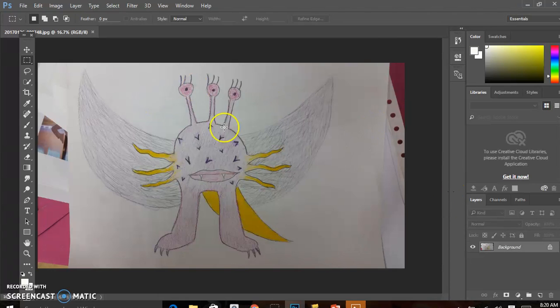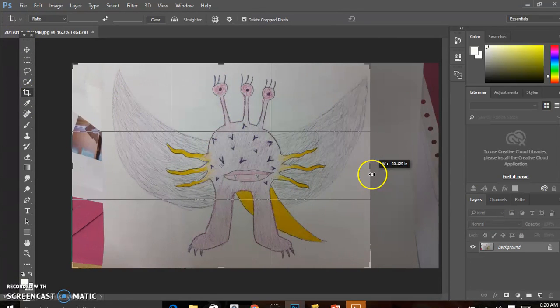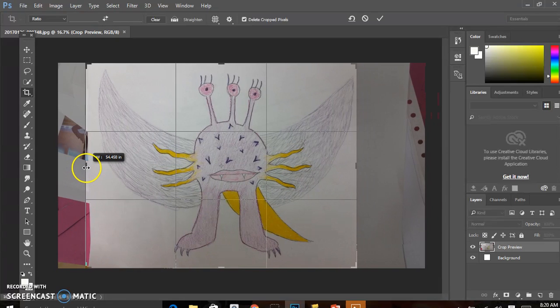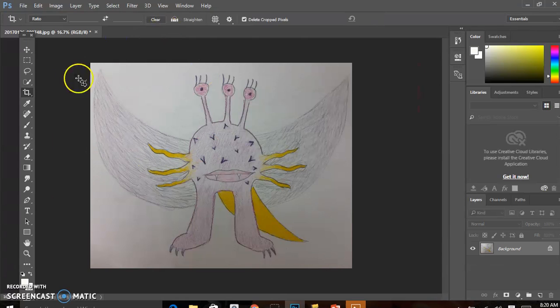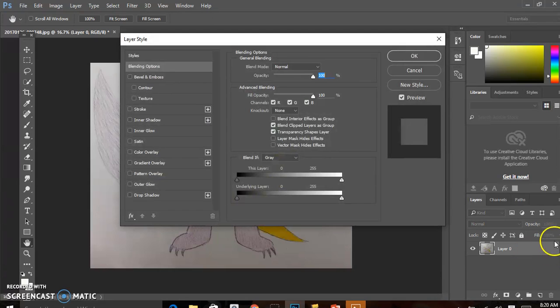So first, what I want you to do is to crop the image so all that you have is your monster in the image. And I'm using one of yours. The next thing I want to show you how to do is we're going to get rid of all the white space. So you need to make sure you unlock the background, and you do that by